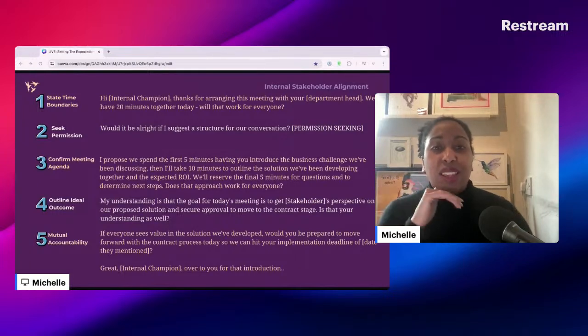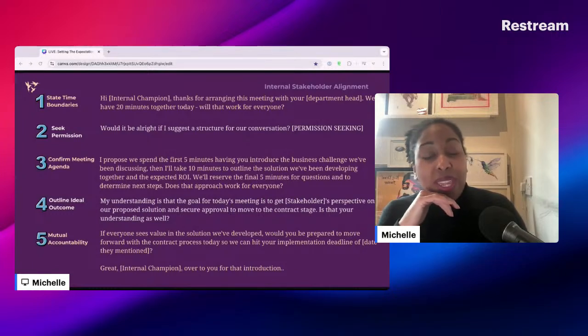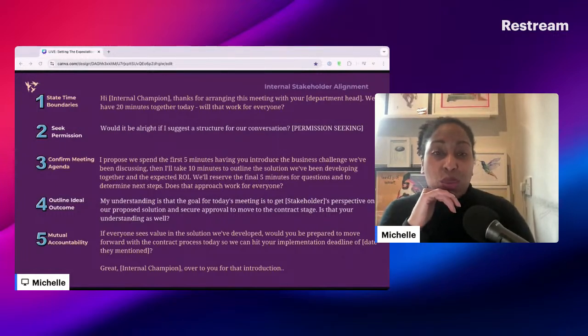And then lastly, you might want to use this if you then have an internal stakeholder meeting. So the example here is that an internal champion has taken this up a level to the economic buyer or whoever else needs to be on that buying committee. So in prep for that, we are absolutely seeking permission again. We're running through the agenda and it is time boxed to keep everybody on track. If that department head is the economic buyer and they're concerned with ROI, we've got that nod into what is in it for them. Why will this meeting be a success by their own criteria? And that is expected ROI.